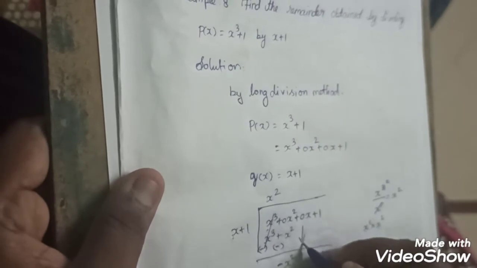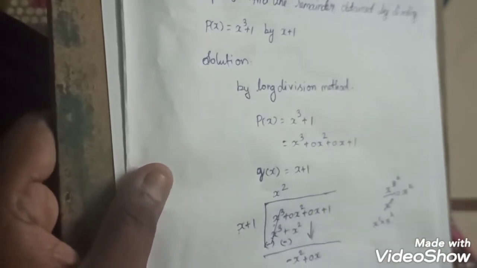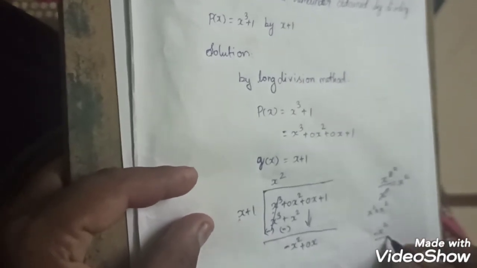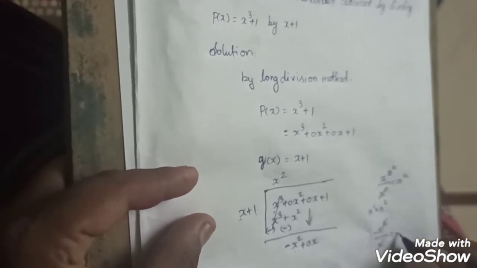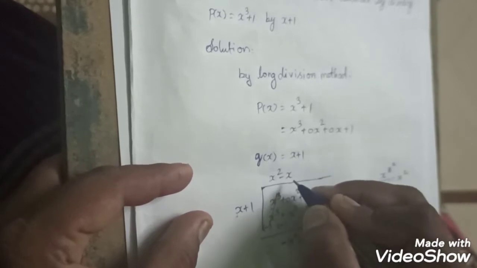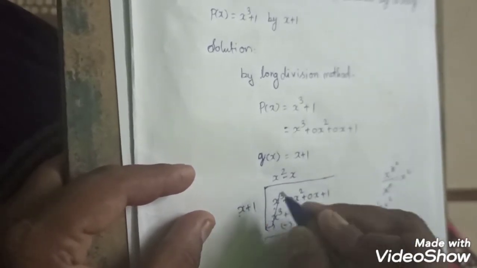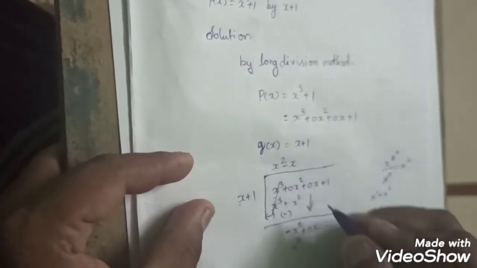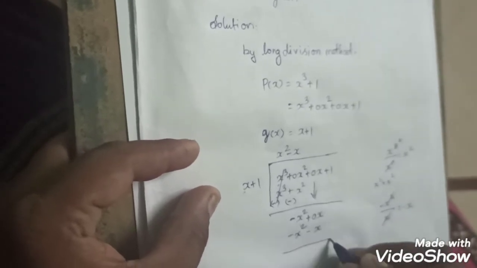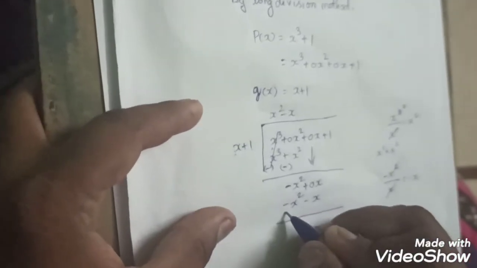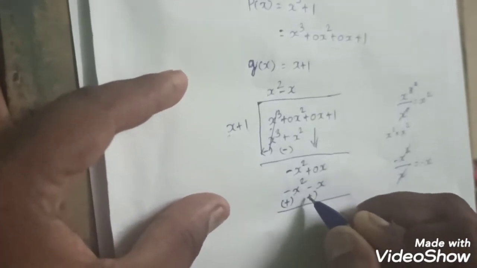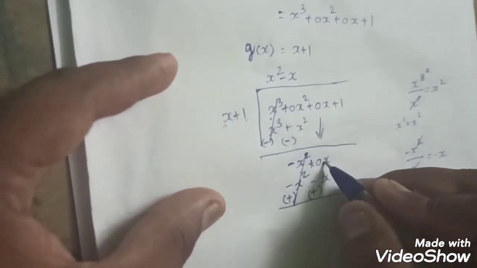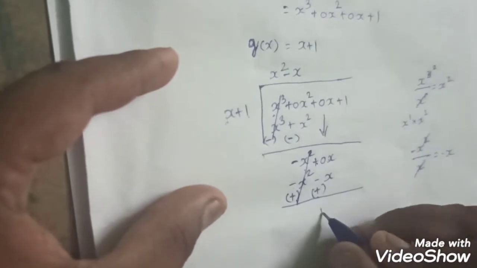So I take the next term plus 0x. Again repeat the step of comparing the first term with the first term. Minus x square divided by x. You have to cancel it, reduce 1 power, minus x. Here minus x is multiplied with x plus 1. So plus into minus, minus. x into x, x square. 1 into plus into minus, minus, 1 into x, x. Again, change the symbol. Minus becomes plus, minus becomes plus. Minus x square plus x square will get cancelled. So plus 0 plus x, we get plus x.